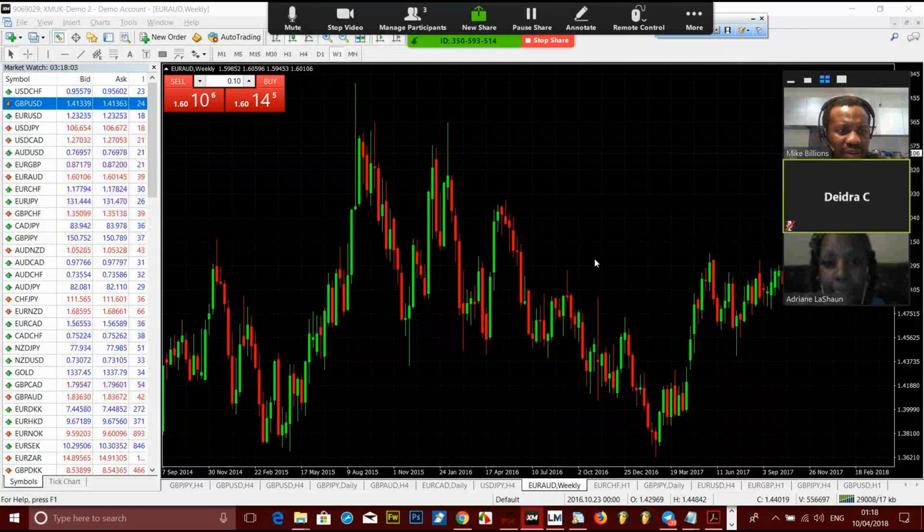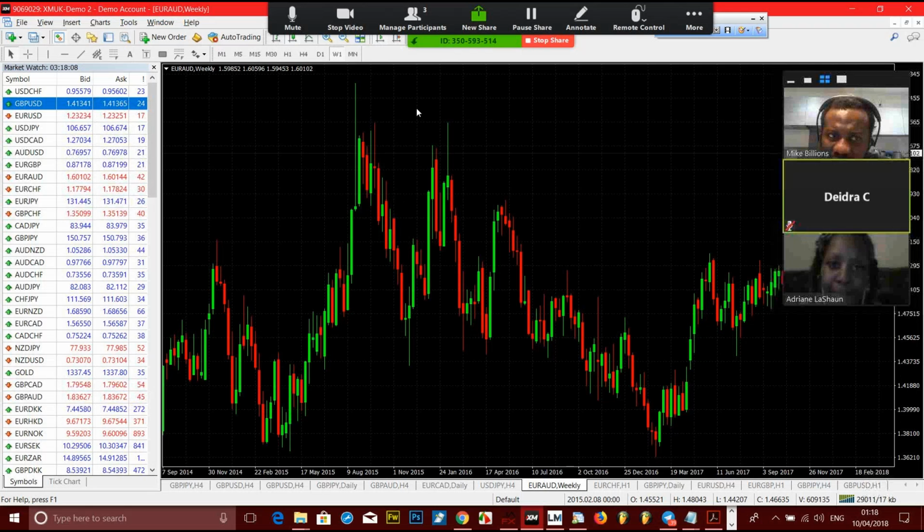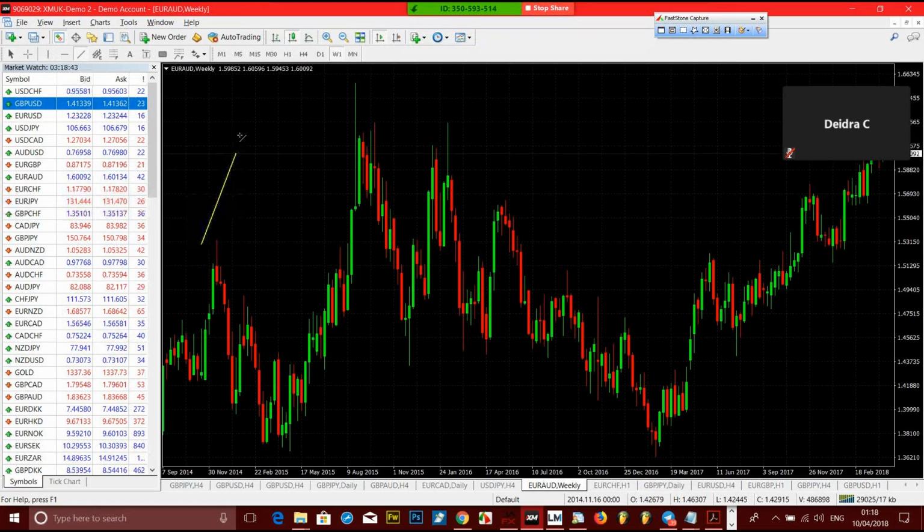When you drew that triangle, I drew something like that, but mine looks more like a pennant. Yes, pennant. You remember what I said when I was teaching us these patterns, that I call everything flags, as long as they have that flag feel. Some are called descending triangles, some are called pennants, some are called flags. But I just classify everything as a flag. They're all really just a pullback. Some of them do a rally, a base, and then a drop. I showed us that some time back. So you see a rally.